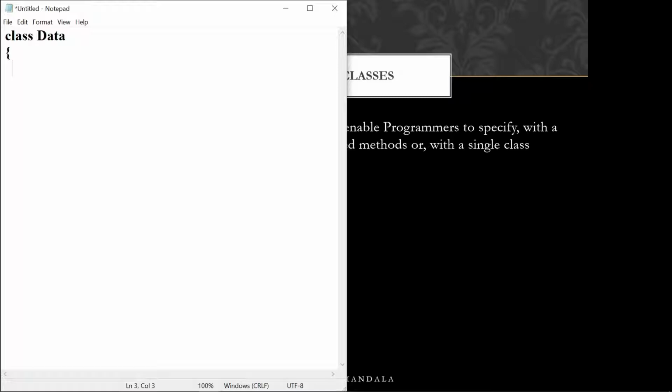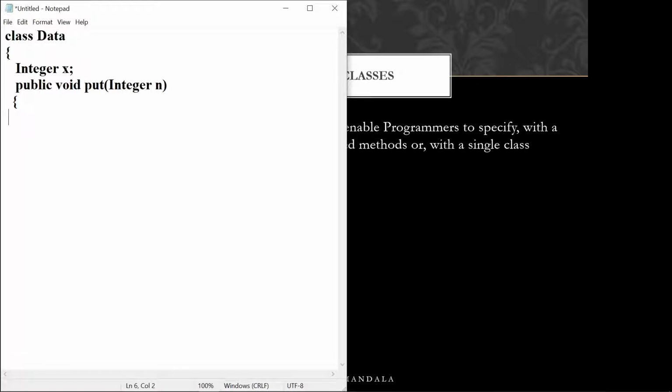To understand this, I'm taking a method called put. What is the use of this method? I just want to place a value into the parameter. Let us take one integer parameter, and call that x.